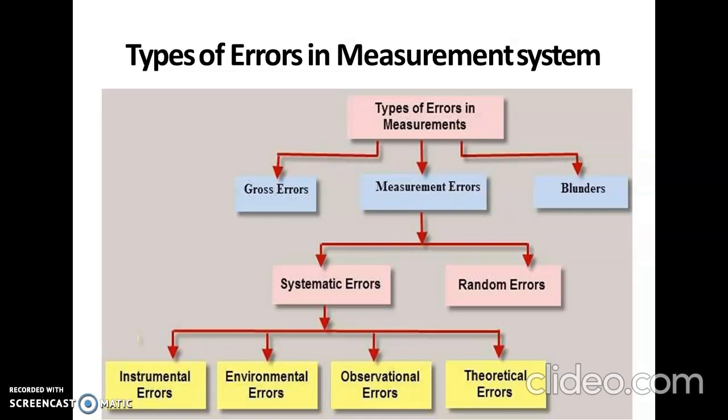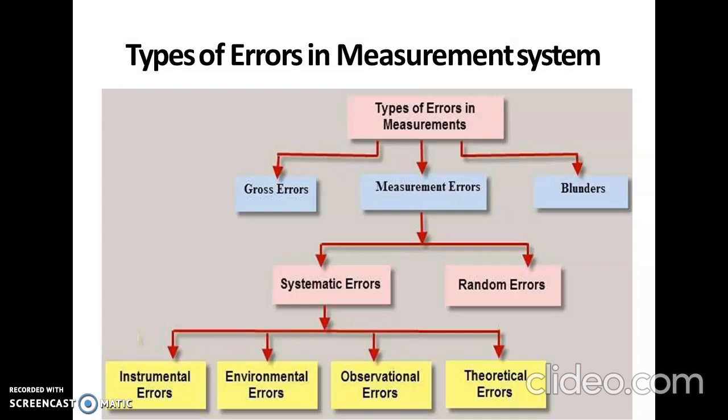Next is types of error in measurement system. Number one, gross error. What is meant by gross error? Gross errors are caused by mistakes in using instruments or calculating measurements or recording data results. That is called gross error. Example, the person reads the pressure gauge reading as 1.10 Newton per meter square instead of 1.01 Newton per meter square. This may be the reason for gross error in the reported data, and such error may end up in the calculation of the final results, producing deviated results.